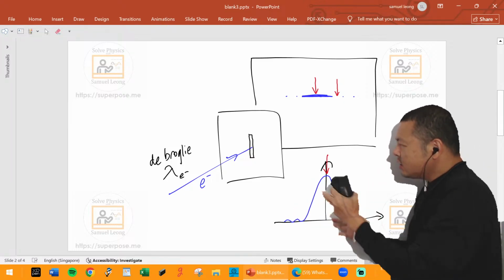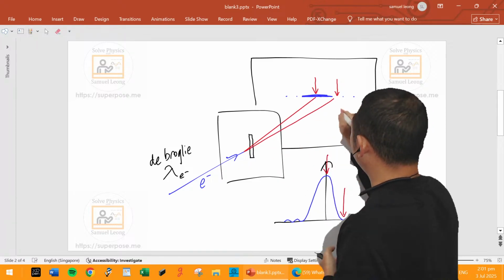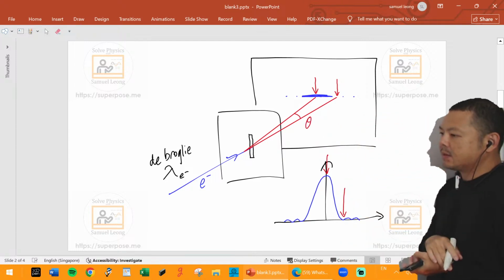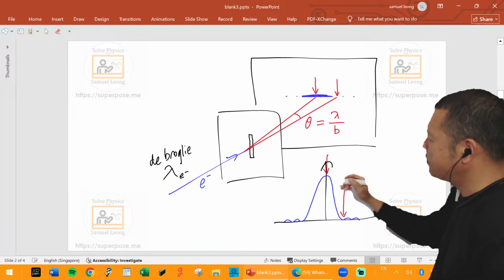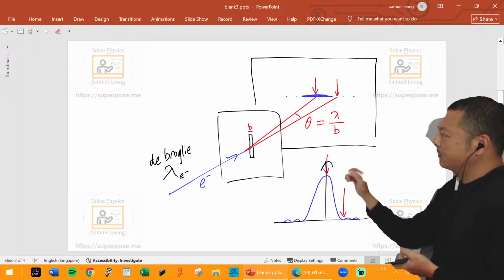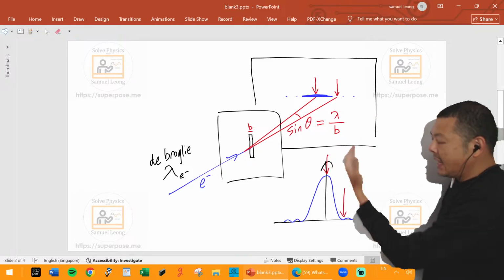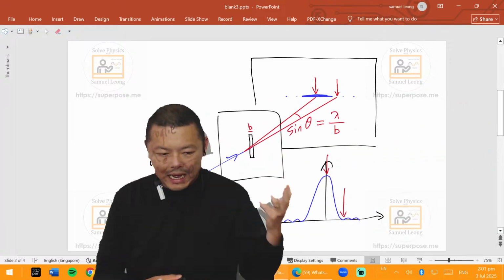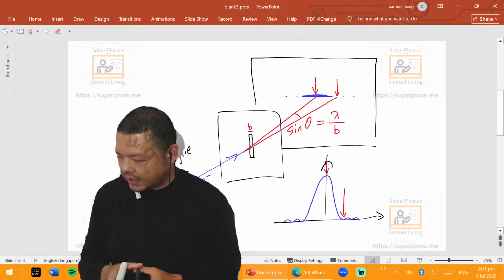So if they wanted you to do something to it, then you have to understand that what they want is the angle between the central maxima and the first minima, and the angle is equal to lambda over b, where b is the slit width. Technically it should be sine theta, but if the angle is small enough, you approximate. But there you go. Suddenly, this thing is definitely in your syllabus. You literally will have to know how this thing works. Oh boy, that's gonna be a doozy.